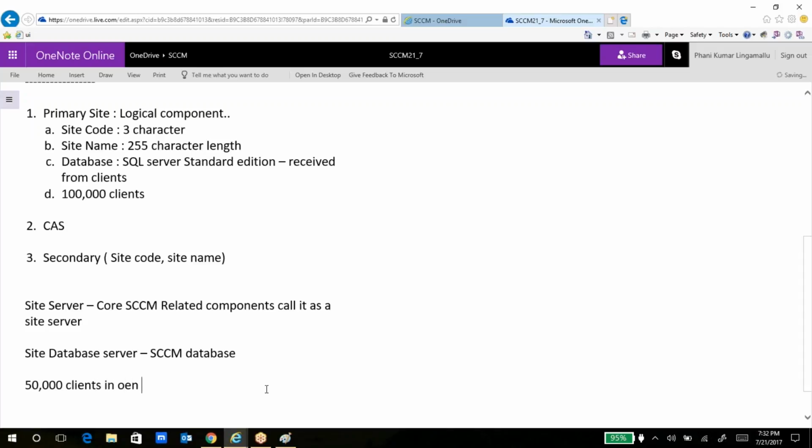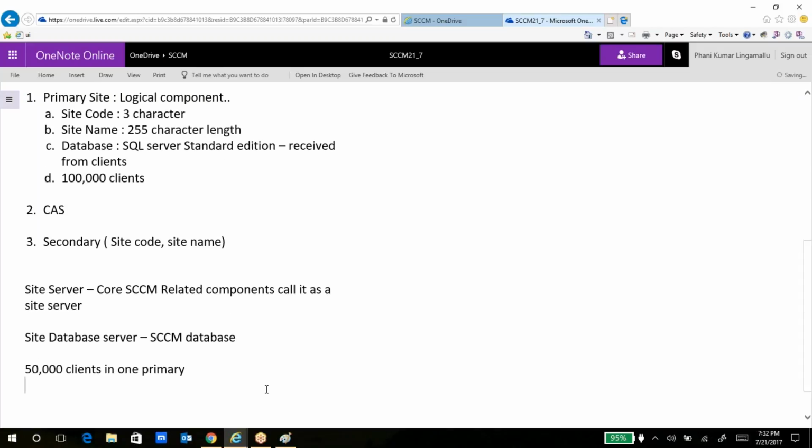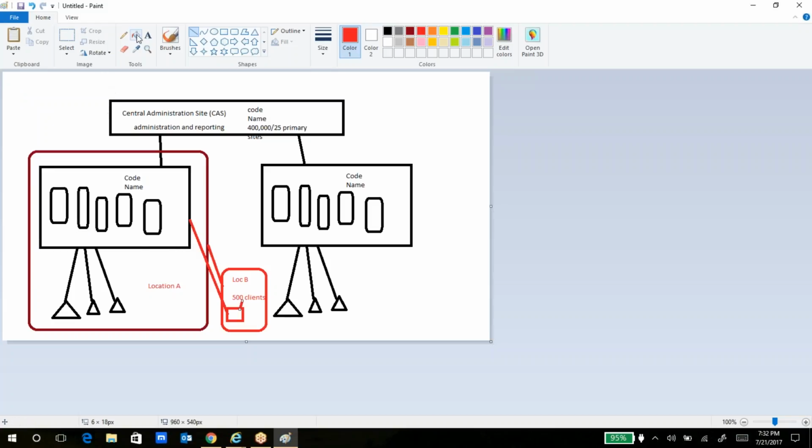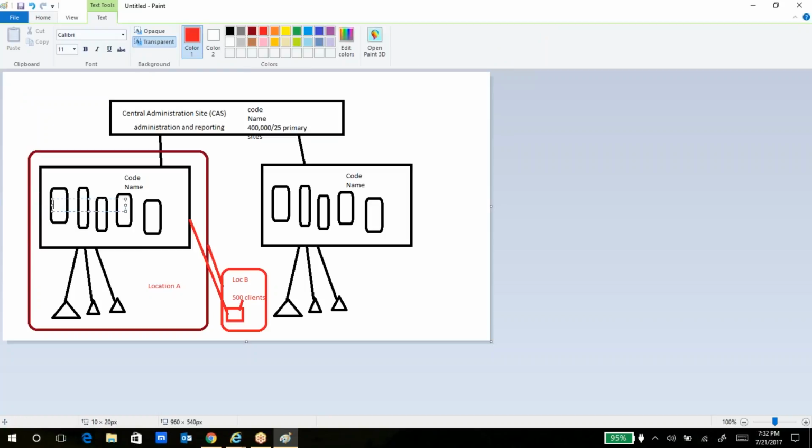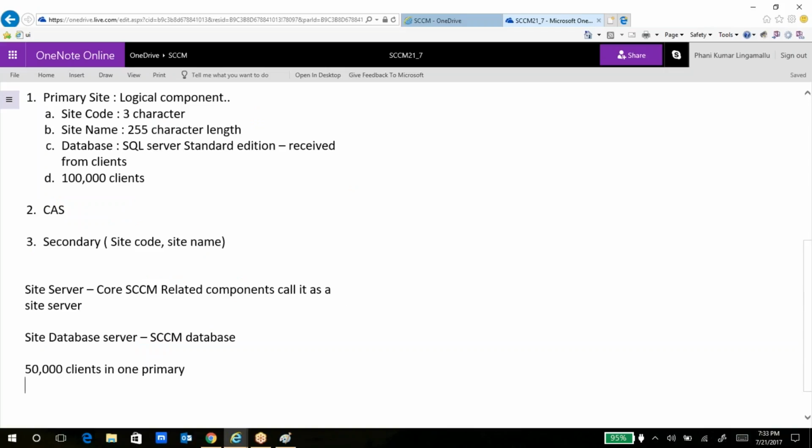So I want to have more than 50,000. It should always be on a separate box. So this server, let's say this is a site server, and this will be my site database server, DB server. Then the next component,